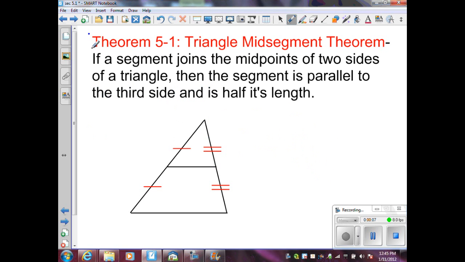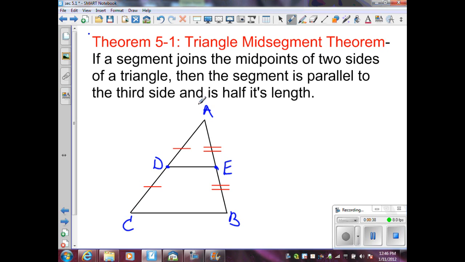Our first theorem is the triangle midsegment theorem. If a segment joins the midpoints of two sides of a triangle, and here this is what I have illustrated in my diagram. I have a triangle. We can label that triangle A, B, C. And they also identified the segment to the interior of the triangle that intersects two of the sides. And I know the endpoints of that segment, we can call them D and E, must be midpoints of segment